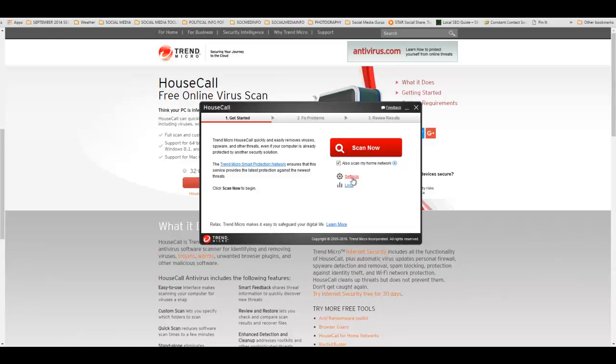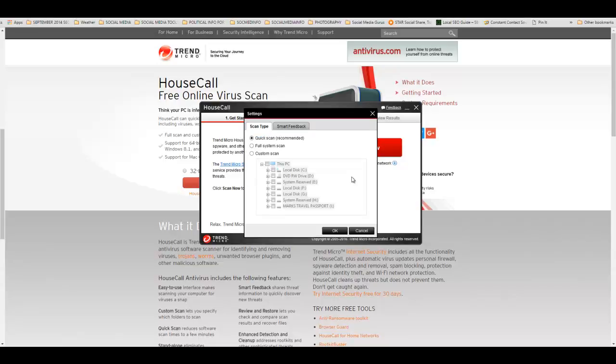So what I would do is the first thing is to go ahead and just uncheck this, click on Settings. And what I would do is you can do a full scan, which will scan every single drive in your system. Or what I like to do, because of time, I like to click on Custom Scan, and then click my C drive, which is your main drive on your computer. And then click OK. Really, what's best to do is to just click Full Scan, and check mark everything, all drives, if you want to do that, rather,